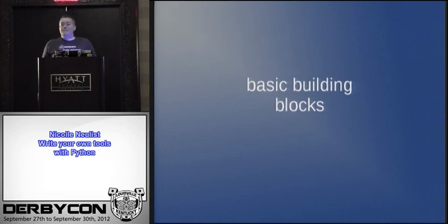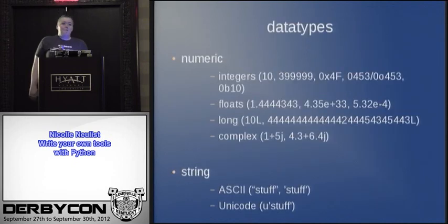Now that I've talked a little bit about why I like Python, let's talk about some of the basic building blocks of Python. Some of this you've already seen in the examples, some of this maybe you haven't. Python is a dynamically typed language. You don't have to declare that a variable test var is an int or a character or long or anything like that, like you have to do in, for example, C.